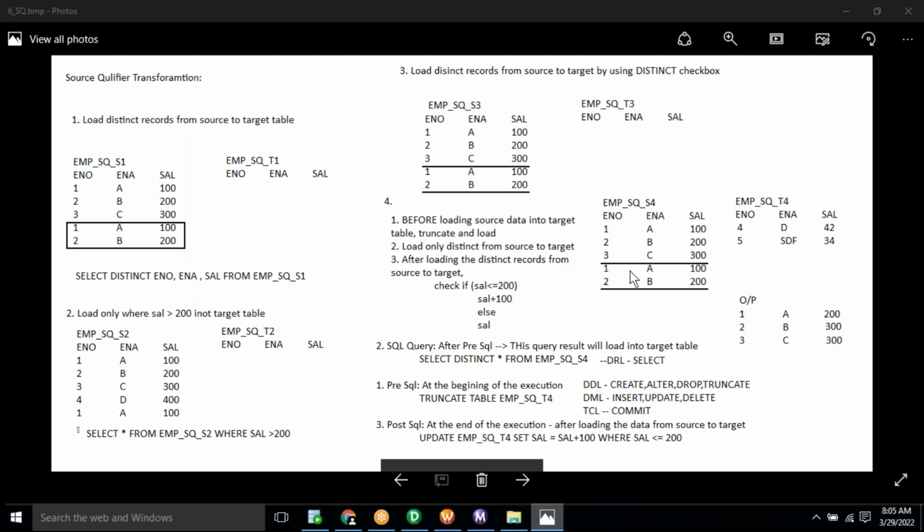Here in the source table we have duplicate records also. I don't want to load the duplicate records. I want to load the distinct records. To load the distinct records from source to target table, as we just discussed, we can write a query: select distinct star, or we can list all the column names. Star means all the columns; it will display all the columns from the table. Select distinct star from source emp underscore s4. If you write this on the source table, it will select only the distinct records and load them